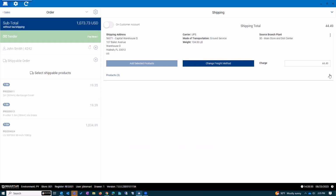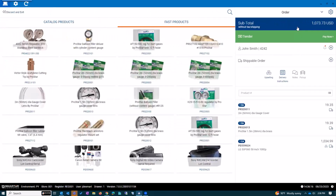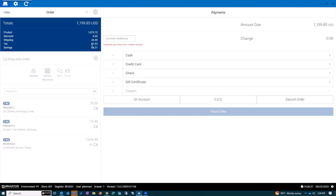We can see that all of them are ready to be shipped as part of this all in one shipment. And the weight total of the product is 104 pounds for the entire order. At this point, if that's what the customer is desiring, if everything looks good, I can return back to my order and see my tools here. And when I go ahead and tender, it takes all of that into account, including the shipping cost, tax on the order, and the product itself, and my order total